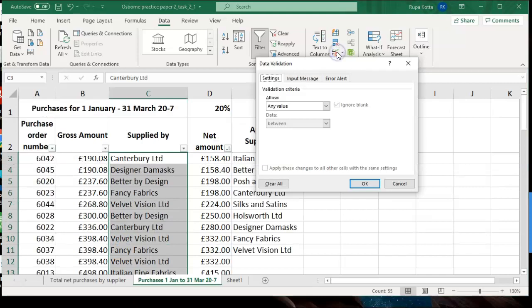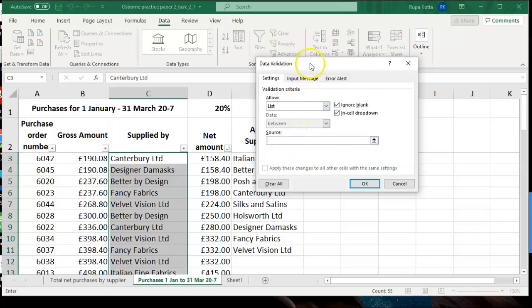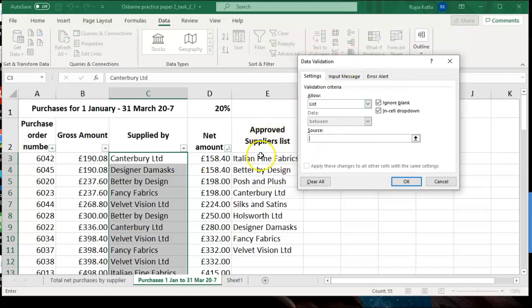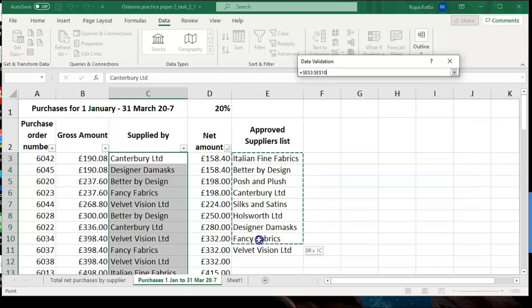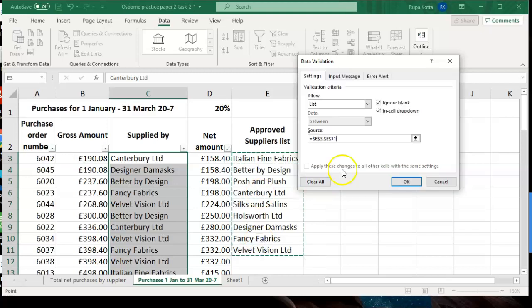So select that, data validation. What you want to allow is a list of approved suppliers. Where is this list of approved suppliers? The source of this list is from E3 up to E11.